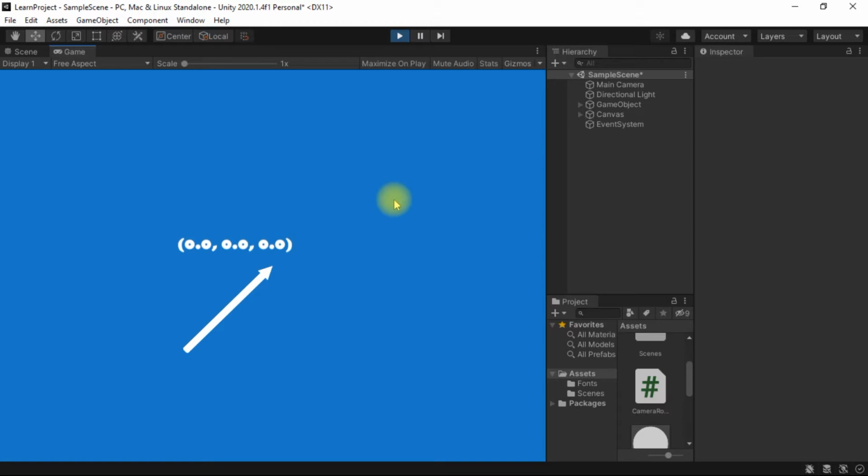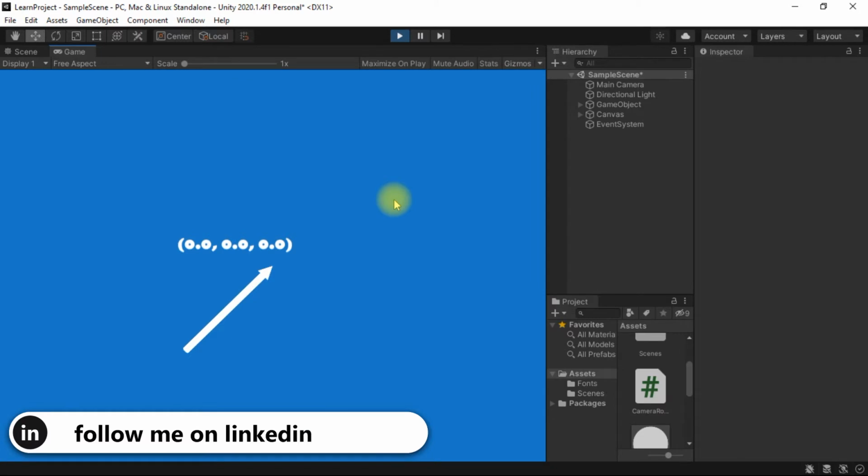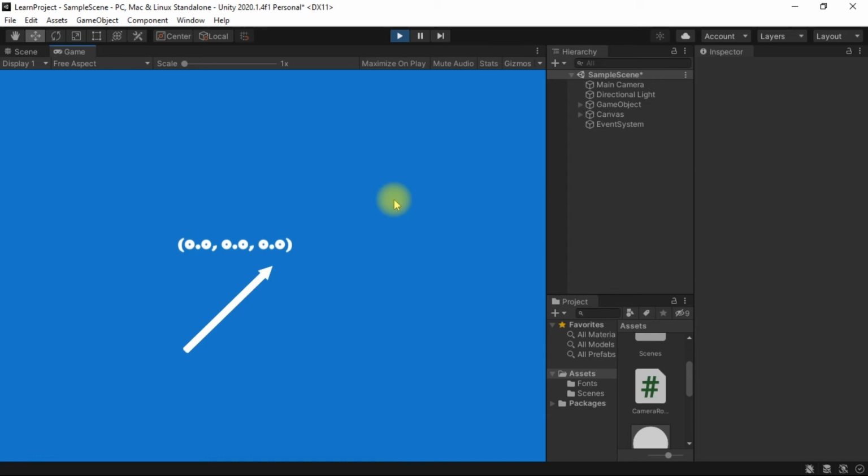So this is the basics of vectors. What is a vector? A vector is nothing but a group of three variables, two variables, or maybe four variables or more. But here we are just talking about the 3D space and 2D space. So here we will just talk about representing positions and directions with the help of vectors. And we will not go through the cross products and dot products; that is all left for the next videos of this series.